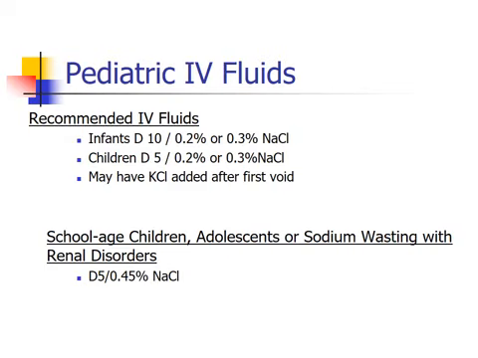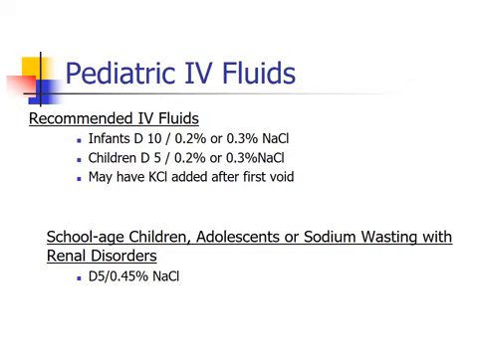Pediatric IV fluids: generally infants are D10 and a 0.2 or 0.3. Children can be a D5, 0.2 or 0.3. They may have potassium chloride added after the first void. So again, you'd always want to make sure that you check urine output before you add potassium chloride to that. Okay. Sometimes they'll even do